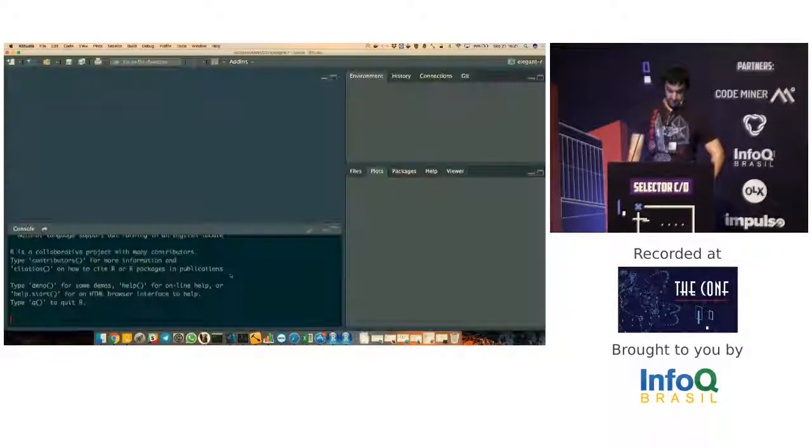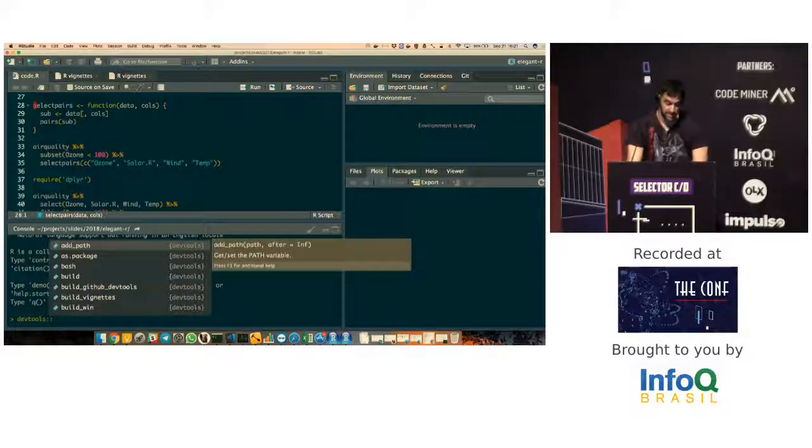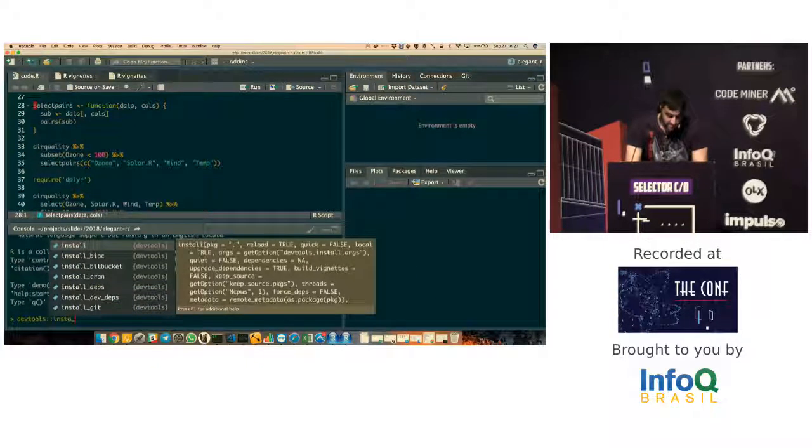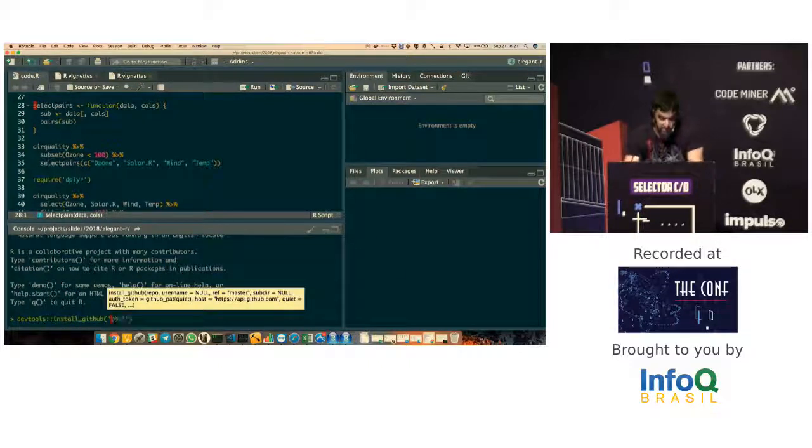I want to open my old project again. So okay, now suppose I want to use that function here. I could use a package called devtools. By the way, you can use that to create a package without RStudio. I won't get into much detail because we don't have much time. And I can have a function called install_github, in which I just pass in a folder, in my case Thales Mello, and select pairs,